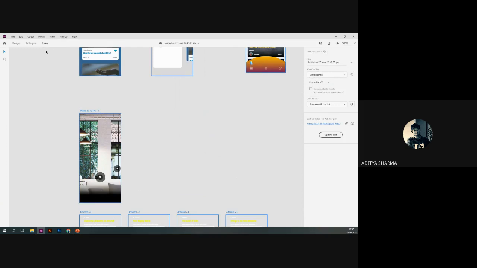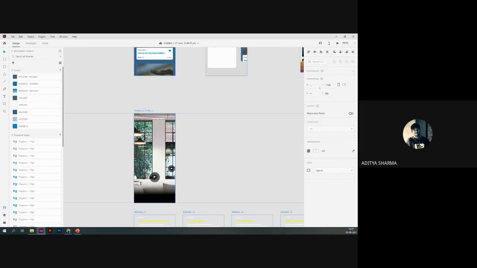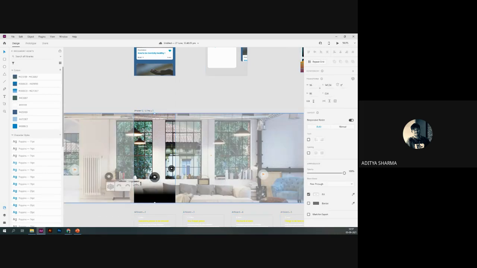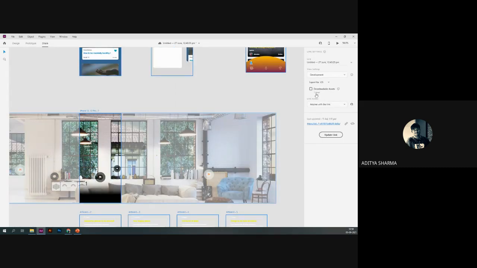Also, see, there's a share option. This is the share section of Adobe XD. Now that I've created the prototype, there's a development link. Whenever you are sharing this to developers, you can select the development link, and if you have made the assets downloadable. So let's say in the design you want this element to be downloadable. What you will do is select this and mark it as export. When you mark this as export and go back to share, now see, one asset is added, downloadable assets. If you click on update link,